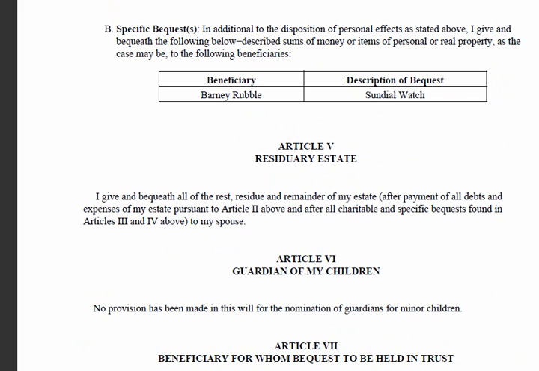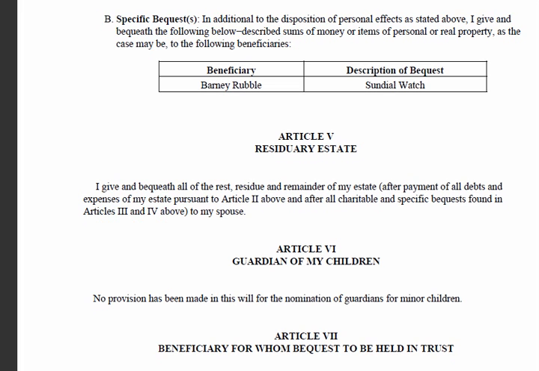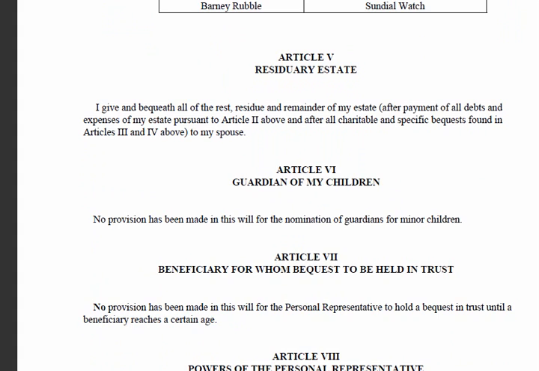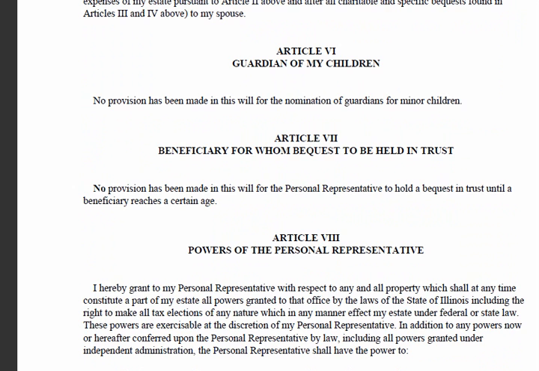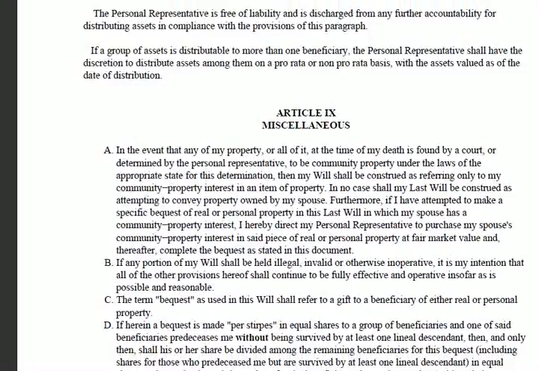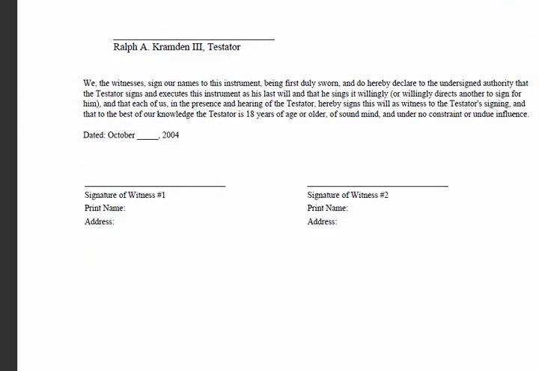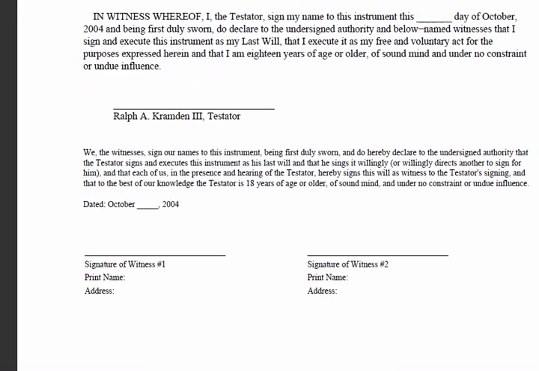You'll see the residuary estate. This specific example doesn't have a contingent. No guardians for children. Article 7, that's not a standard element of a simple last will. I'm going to save that for discussion in a later video. There is the signature block. Now we don't have the notary in this case. As I said, only in Louisiana is a notary required.